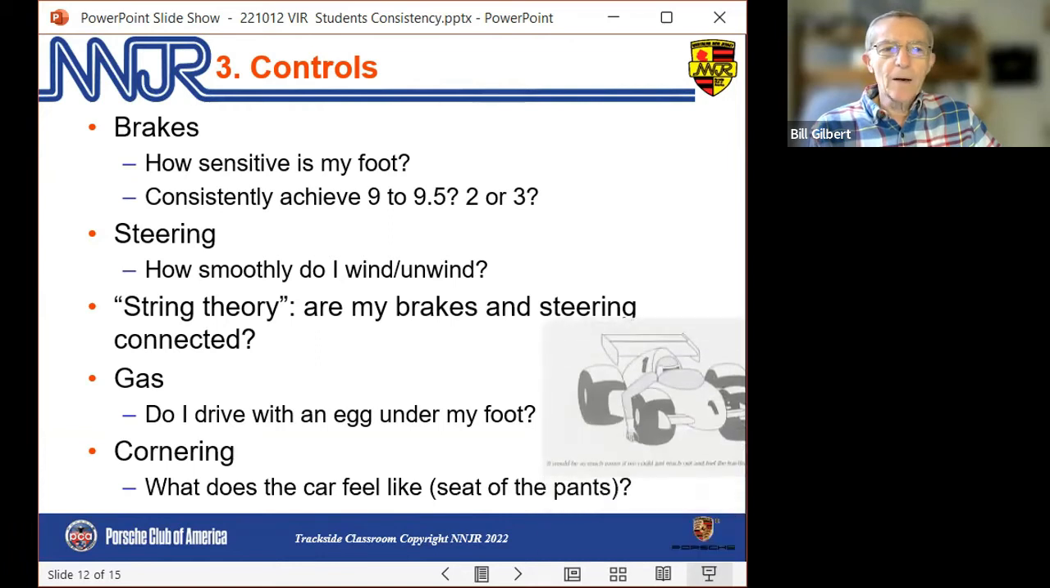And cornering, this is not exactly a control, but it's relevant to how we use the controls. Because how we sense the car in the seat of the pants is important as we get better at driving. Because if we turn into the corner one time and we really feel the car hooked up, so to speak, we're leaning against the bolsters in the seat, and the next time we turn in, it's not quite the same. Well, that's telling us something, right? And so getting used to what the seat of the pants feels like is a big part of getting better